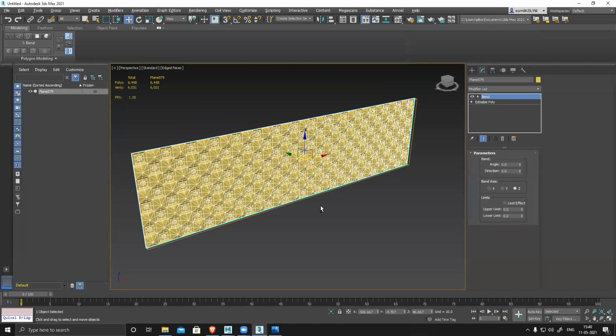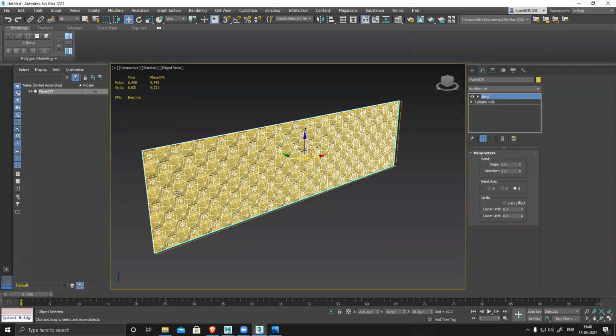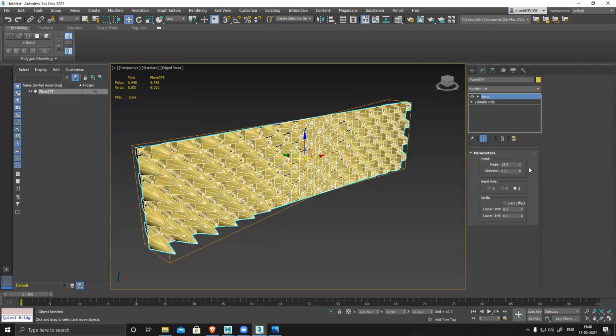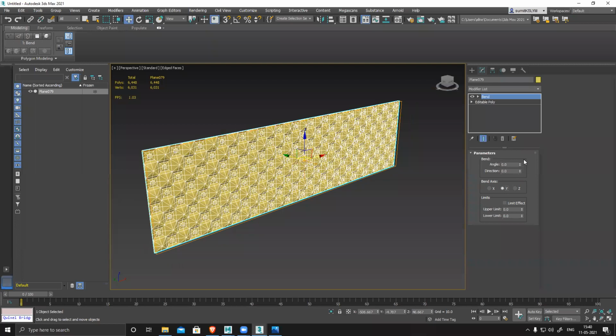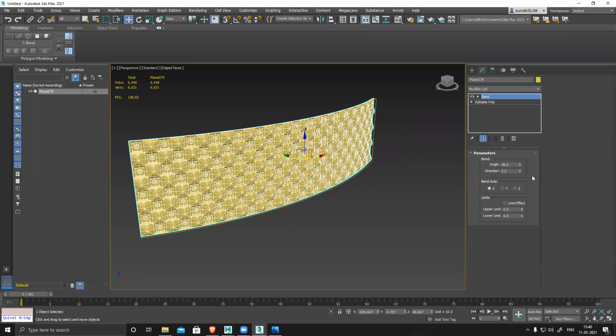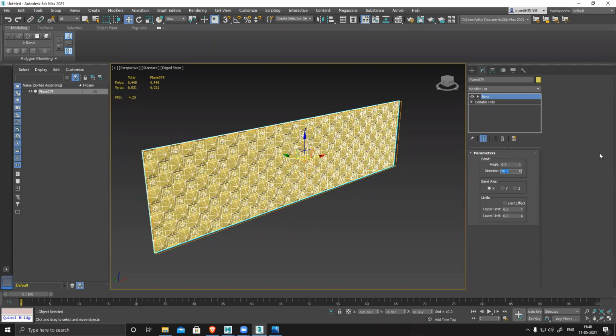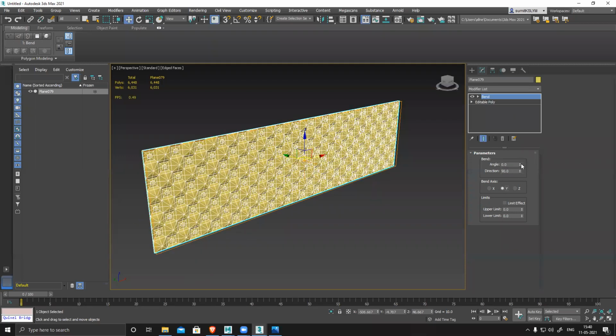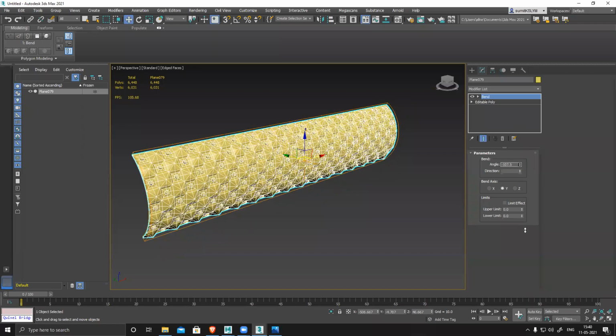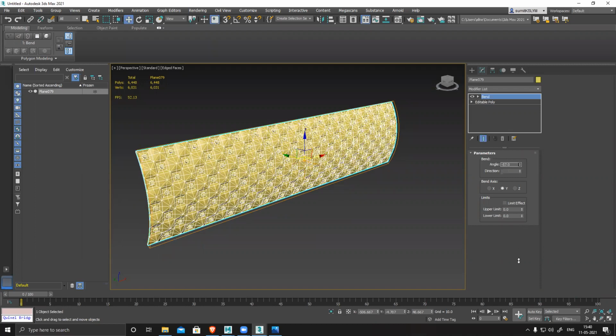So you can see the base half is straight. Then it's bending. So if I bend it, let's try it. Not this one. No direction, 90 degrees. Yeah, you can see in the Y direction it's bending perfectly, but it's converting this entire thing into a cylinder. That is something I don't want. I want half to stay straight, the rest half should bend.